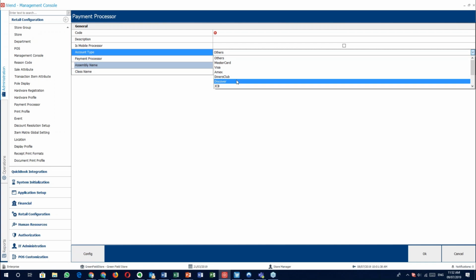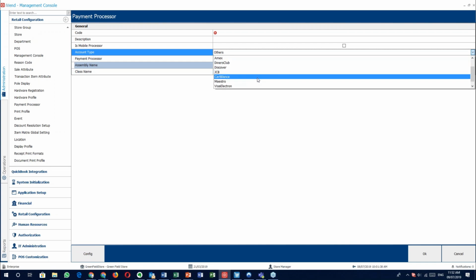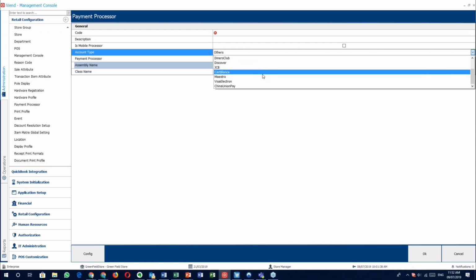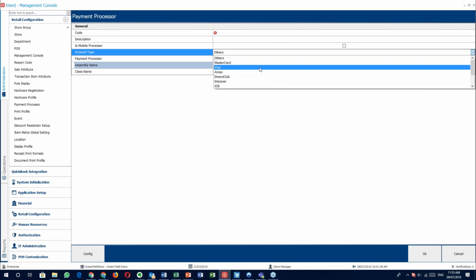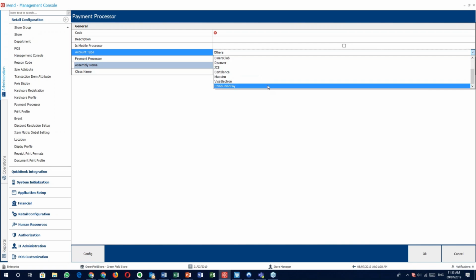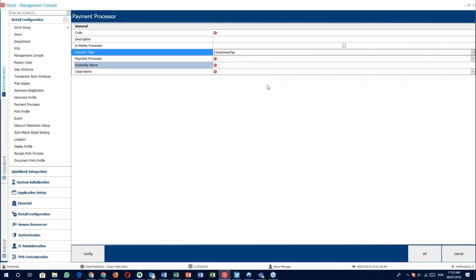There's also things like Discover Card, JCB, Carte Blanche, Maestro, which is actually your MasterCard debit card, as well as Visa Electron, which is the debit card version of Visa. And then finally, there's also China Union Pay, which in recent years has actually come around to say, well,